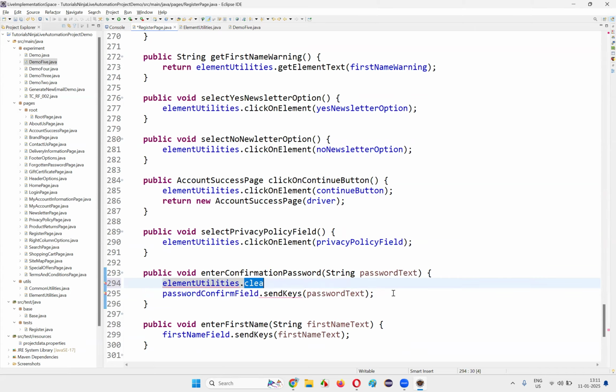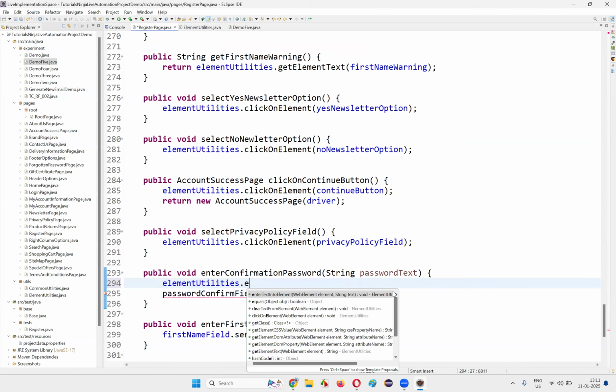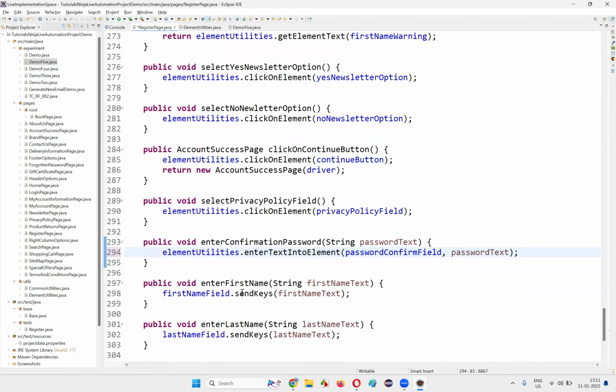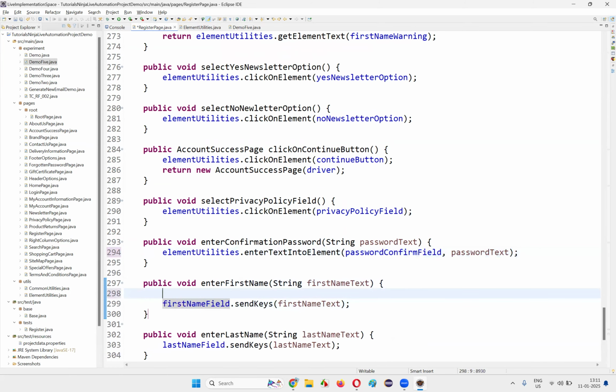Sorry. I have to write ElementUtilities dot enter text into element for the password confirm field. I have to say what is the text? Password text is the text. Done. Next one, we have to enter the text into the first name field. For that to happen,